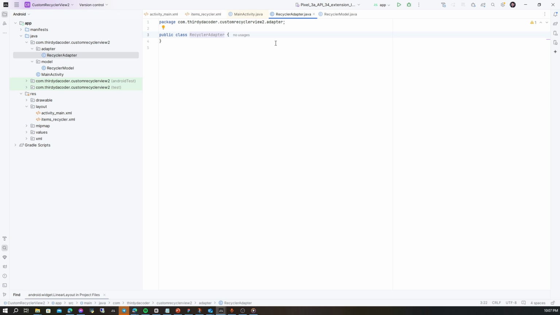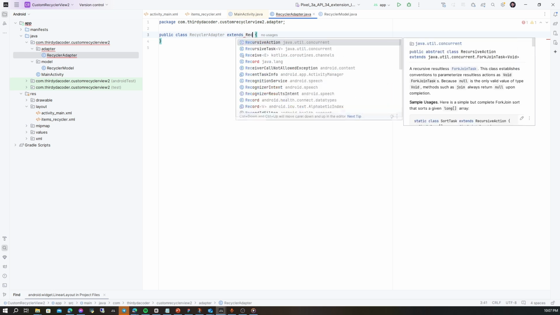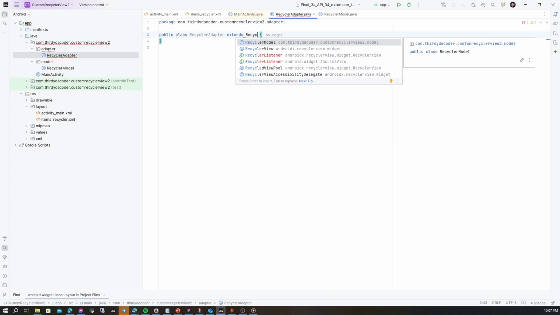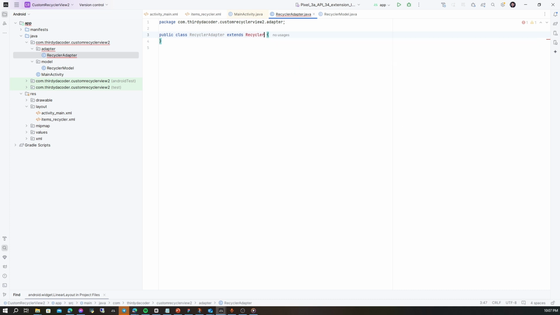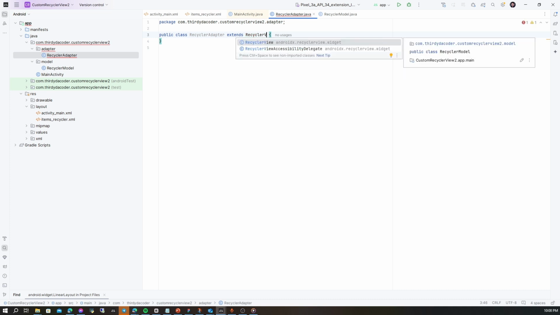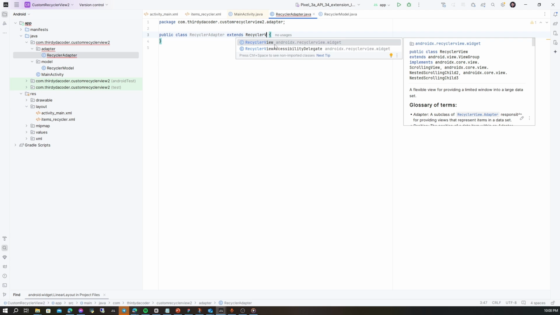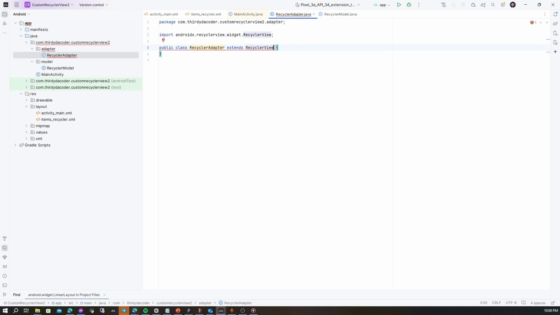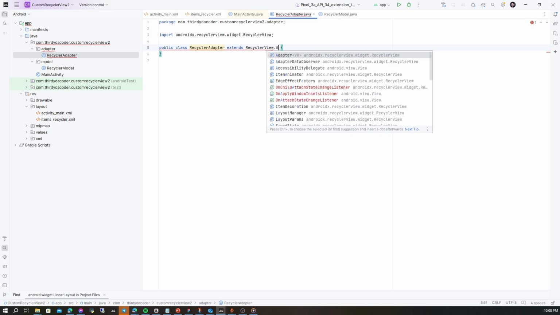We can extend or inherit from the built-in class of Java Android Studio, RecyclerView.Adapter. So here it is. Then we can use that adapter.